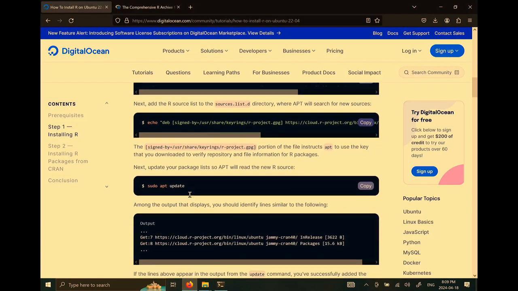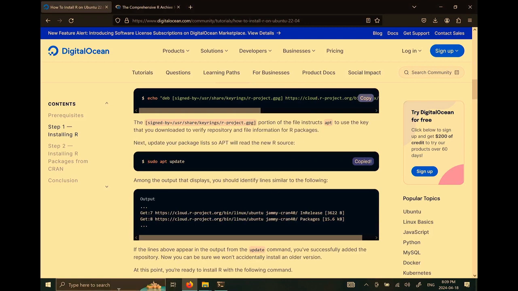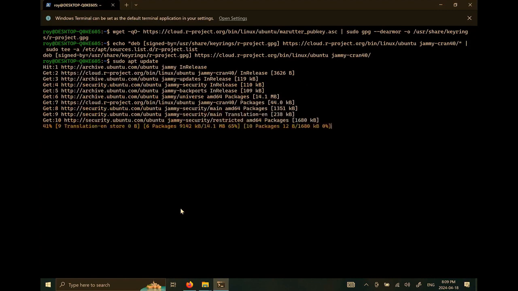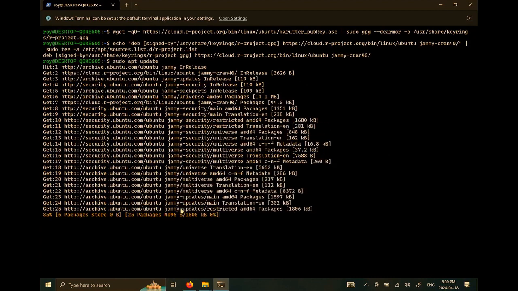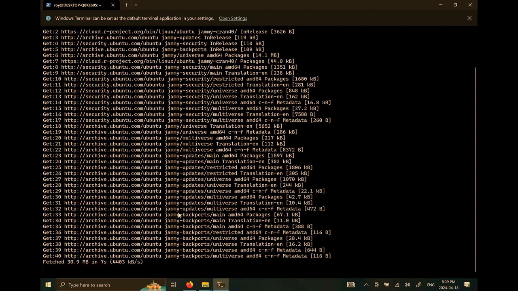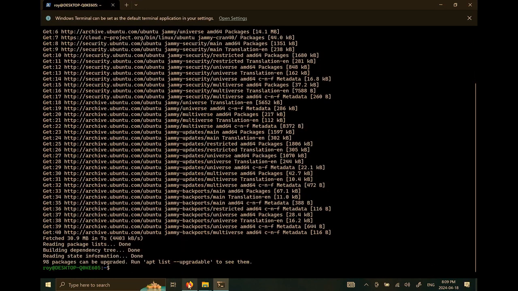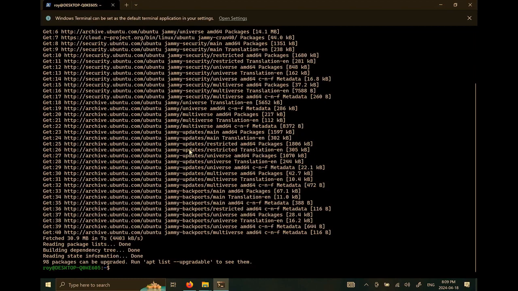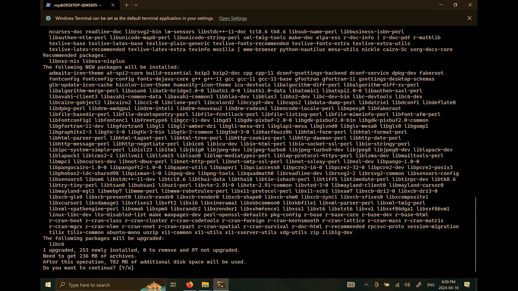So now we're going to have to update with this new sign-in key. Okay, so now I think I'm just going to install R base. Okay,